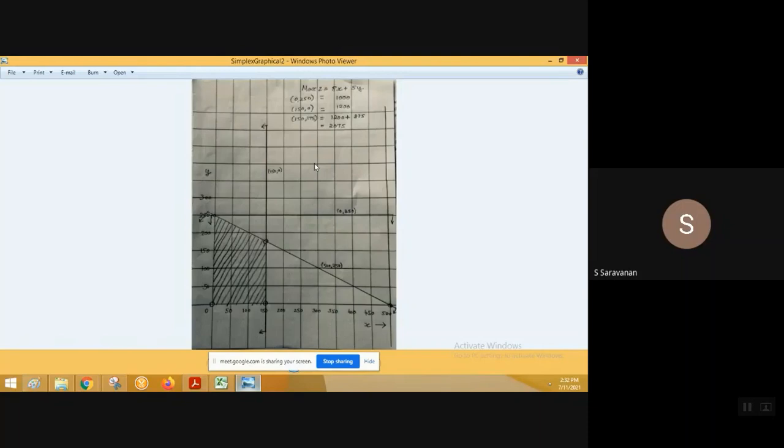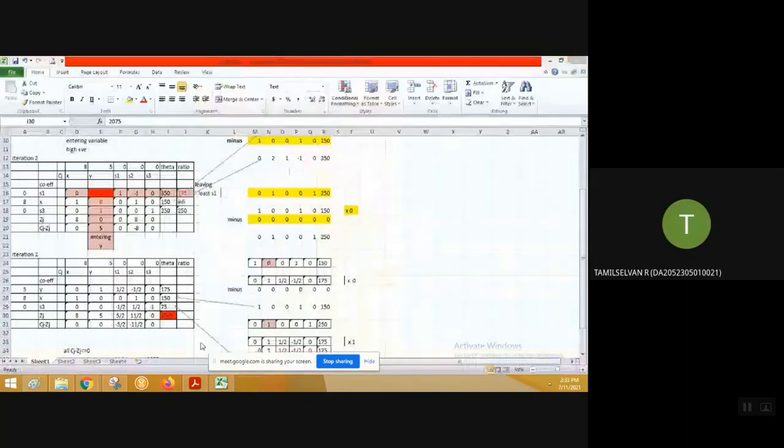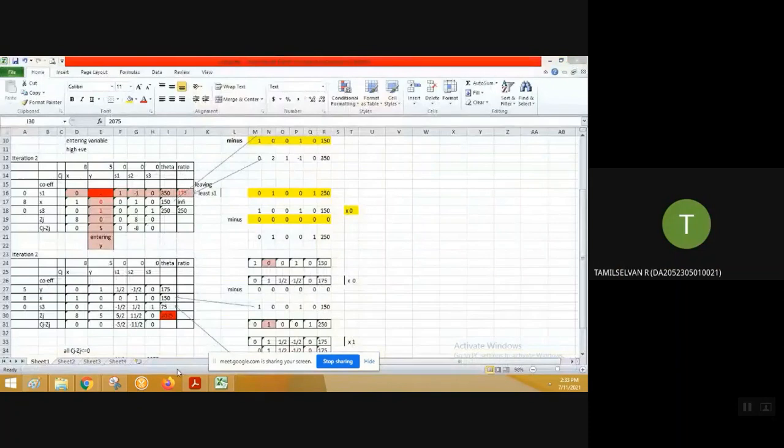Any doubts in how we got the common area for this problem? No, sir. Clear. Okay, fine. The same method I solved last session, I have solved here again. Nothing different, the same problem. I'll discuss one more problem I have. Sir, this problem answer will be 2075 only, no sir? Same answer, 2075. Whether you go with the iteration method or the graphical method, the answer will be the same.